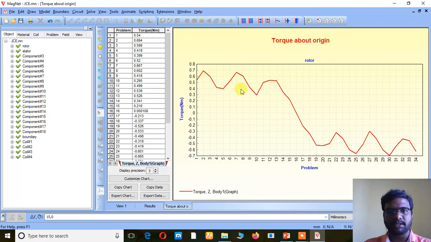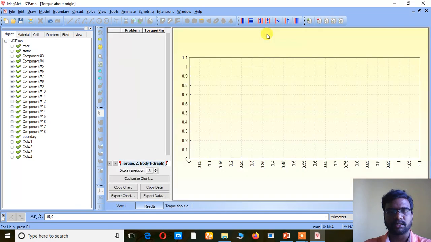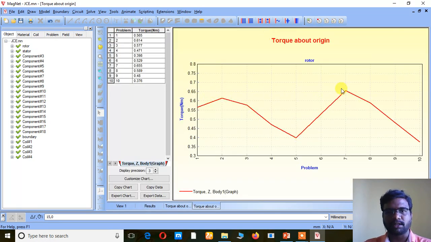So this is the previous torque characteristics. Now we are going to see our torque characteristics now. So this is our torque characteristics, right? So the ripple content is somewhat reduced. The distortion is somewhat reduced.